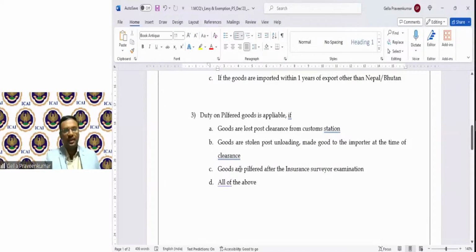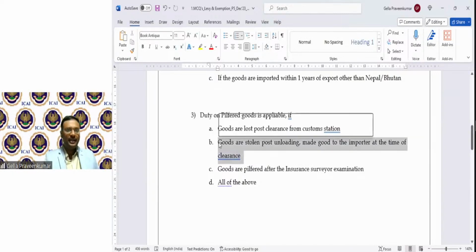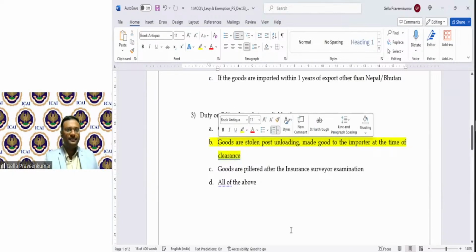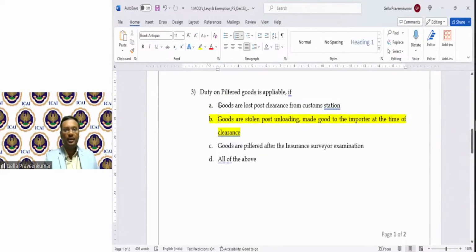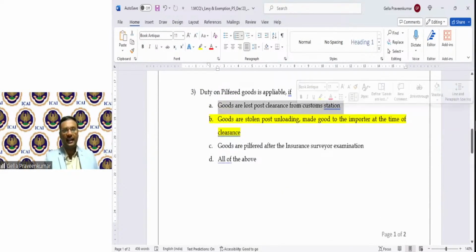Let's read other also. Goods are pilfered after the insurance survey. Now, after the survey is done, goods are stolen. So definitely, once goods are pilfered, duty is not payable. So here answer would be point number B. All of the above is not correct. Reason, we know pretty well that option A itself is erroneous.